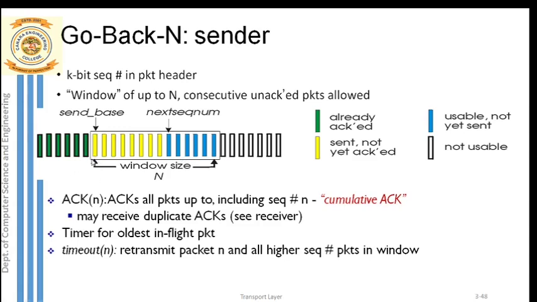So the window will be sliding every time as and when the acknowledgement arrives. If the acknowledgement is arriving for two packets, the window will be slid by two positions. So that means two new packets from the right side will be entering inside the window, right? Similarly, the already sent packets here are how many? 8 packets. For all these 8 packets, if the acknowledgement arrives, the window will be sliding by 8 positions. That means 8 new packets from the right side can enter inside the window, right? So base will be incrementing as and when the acknowledgement arrives.